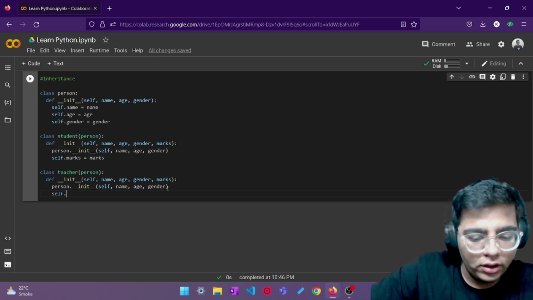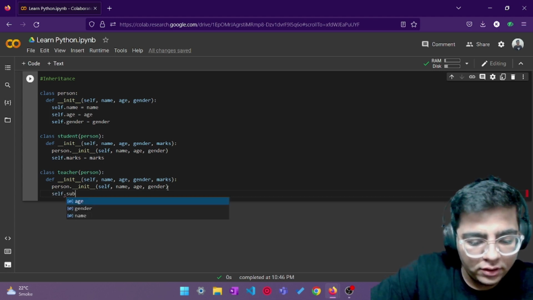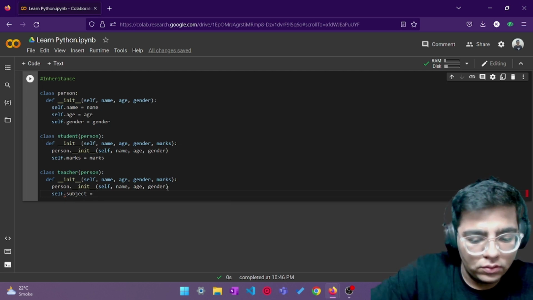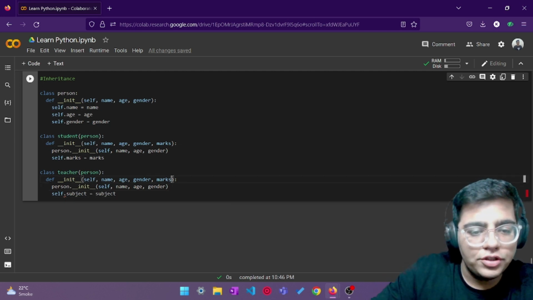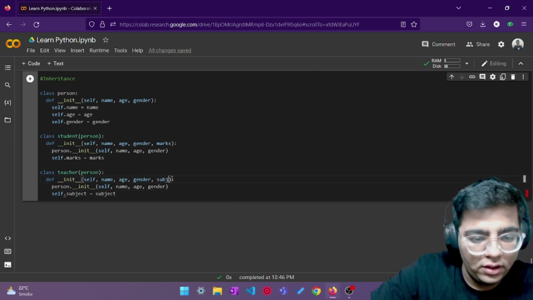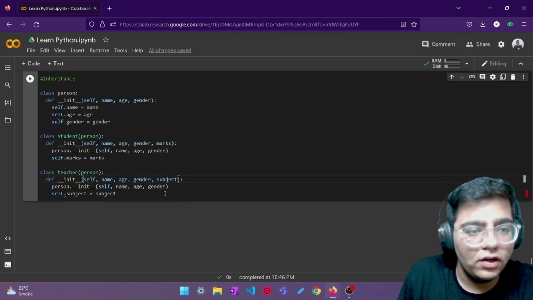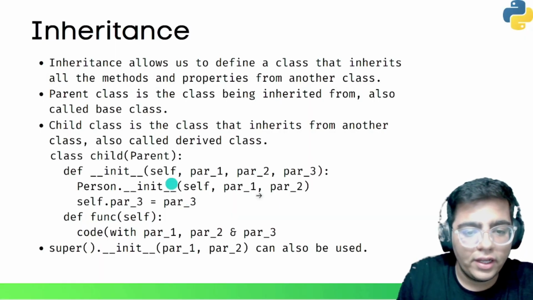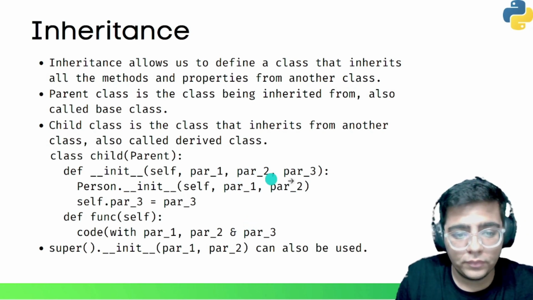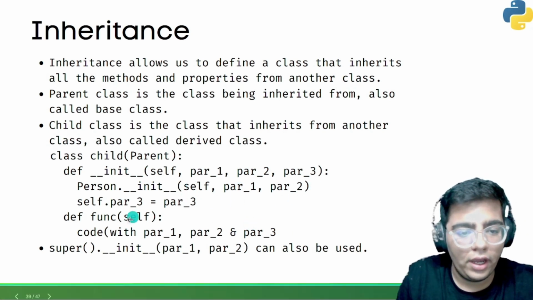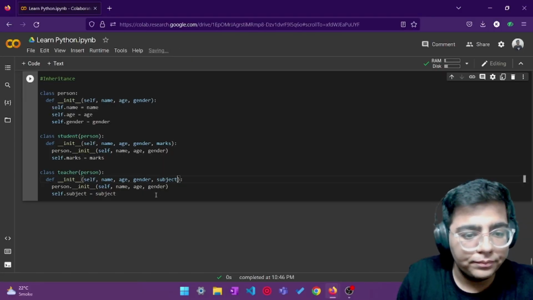That's self.subject equals subject, and over here I need to change this to subject. Let's just check once if we have done it correctly. Yeah. All right,